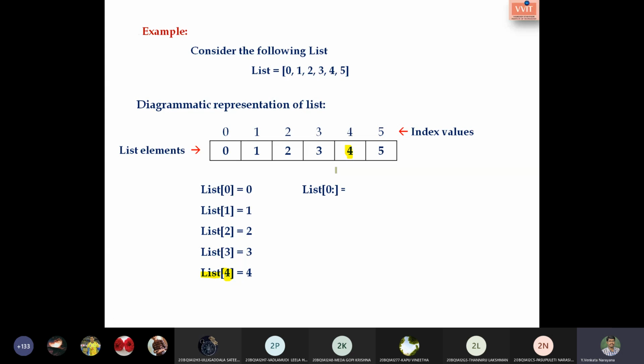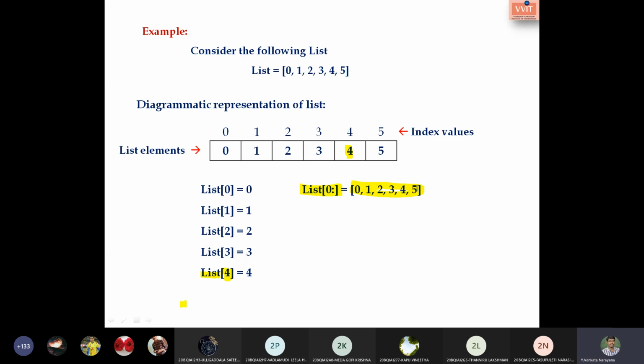Say for example, if I am specifying like this, because here I did not specify the ending index, by default it takes the length of the list minus 1. So the output will be the entire list. There is no need to specify the ending index value. Is that clear?